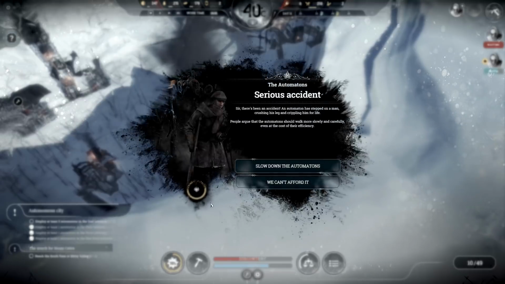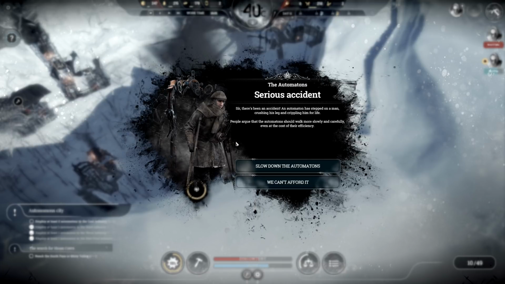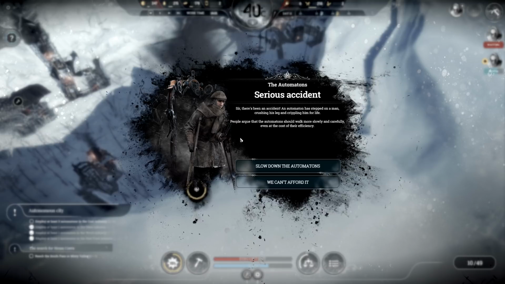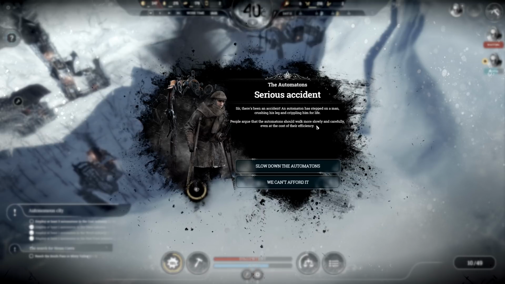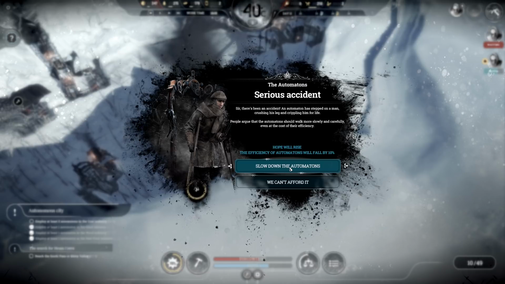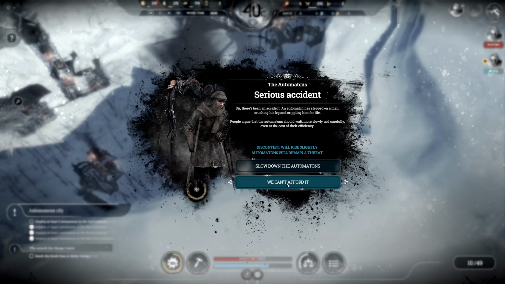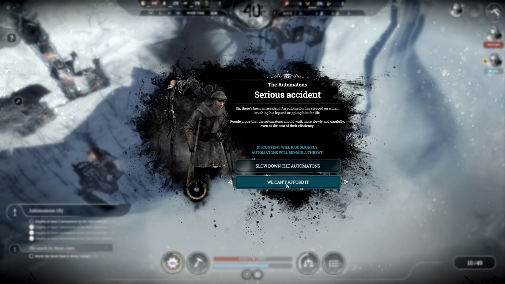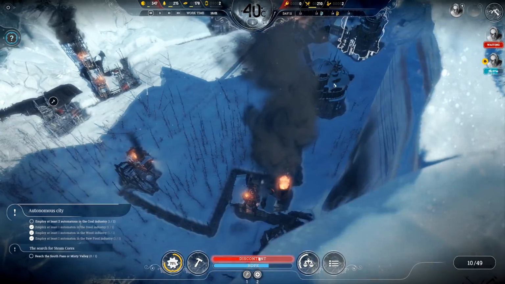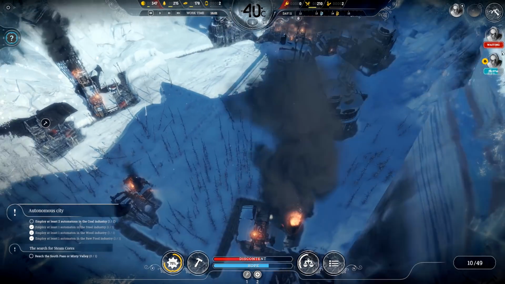Another event. Serious accident. Sir, there's been an accident. An automaton has stepped on a man, crushing his leg and crippling him for life. Seriously? The efficiency of automatons will fall by 10%. I don't want that. Content will rise slightly. Automatons will remain a threat. We got prosthetics. I don't want to lose efficiency right now, so...